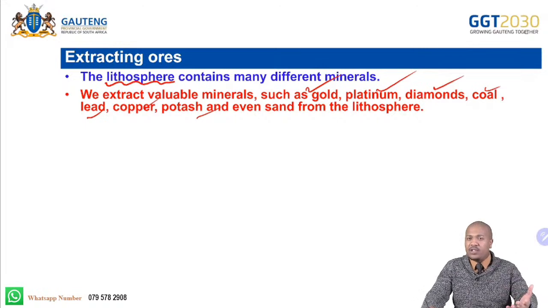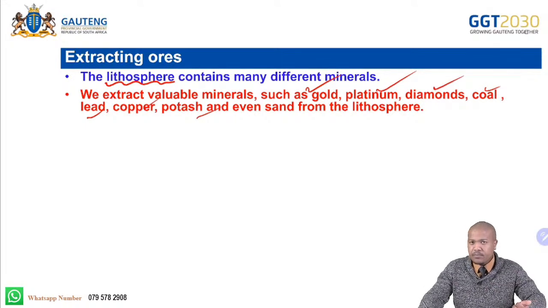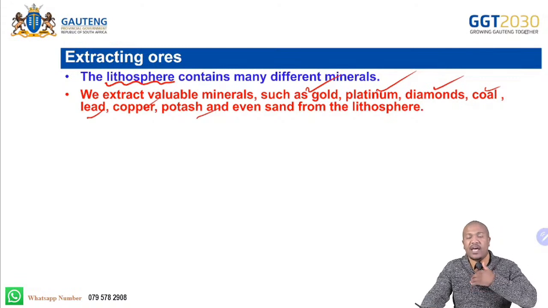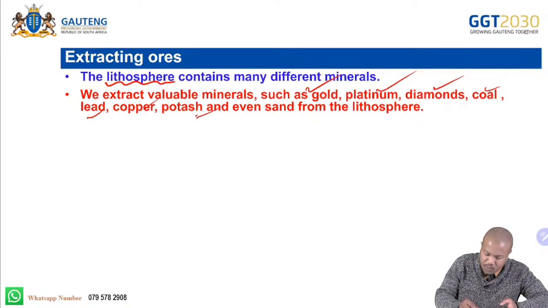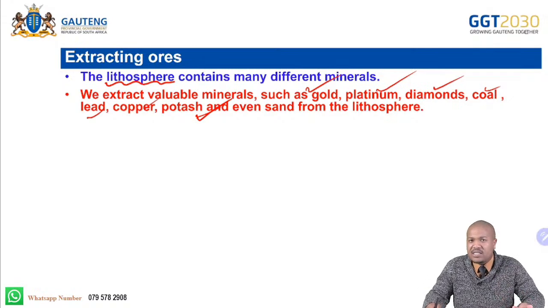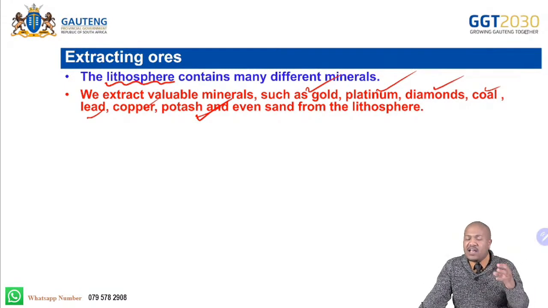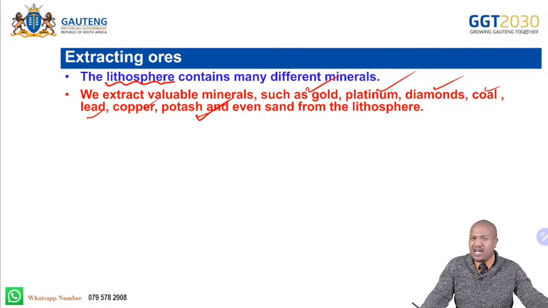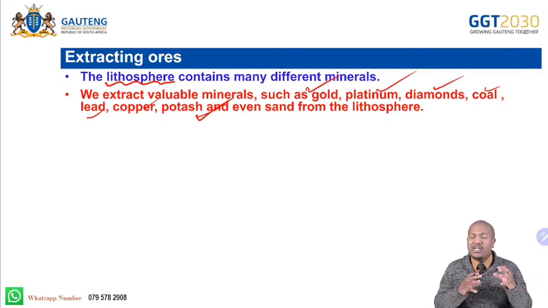So if you think of gold, gold is used as jewelry. Gold also is used for our taps at home, right? Diamonds are also used for jewelry and also for their strength, to be able to drill into other objects, right? Coal as well, one of the important minerals, serves a good purpose for generating electricity. So all these different minerals, we get them from our lithosphere, all our solid rocks and soil